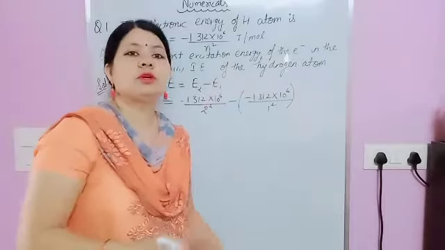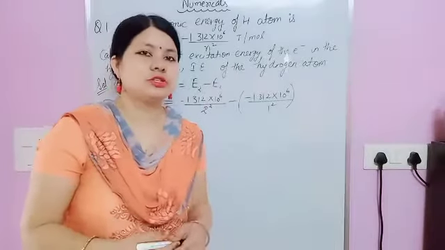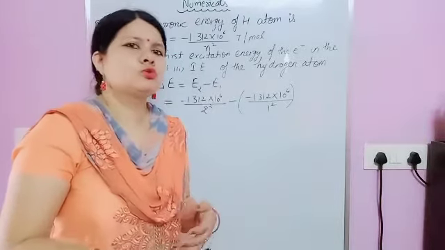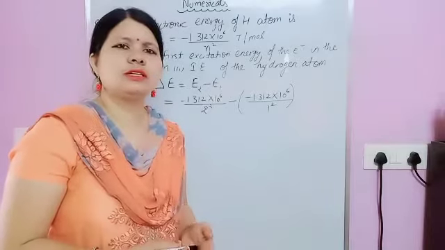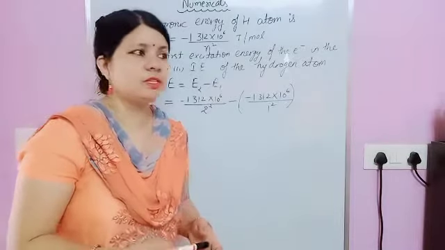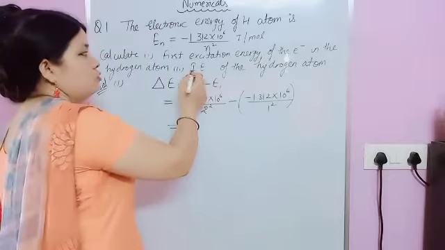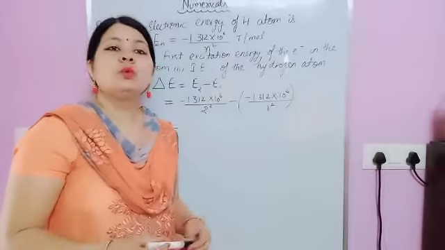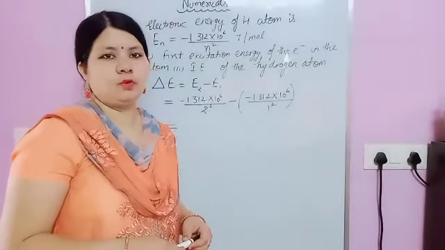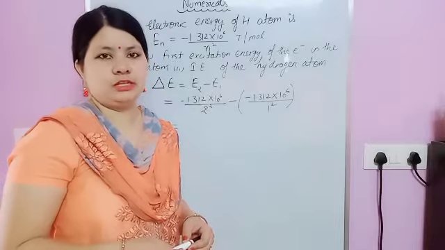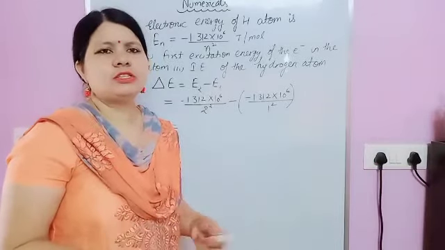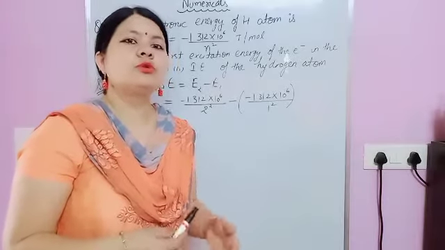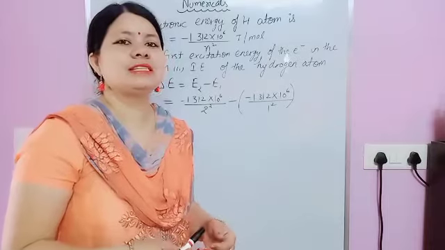Now first, what is ionization energy? Again, it's a part of the periodic table. We did that in 10th also, but in 11th also, our third chapter is periodic classification of elements, and it is very important to know what ionization energy is. It is the amount of energy required to remove the electron from the ground state. Simply, ionization energy is the amount of energy required to remove the electron from the outermost shell of an isolated gaseous atom.